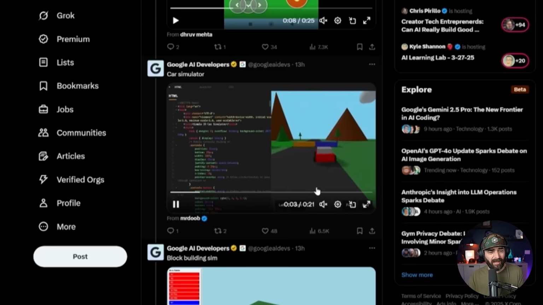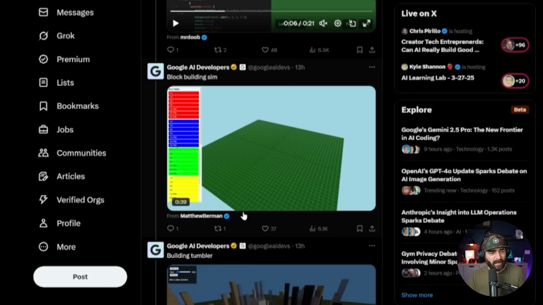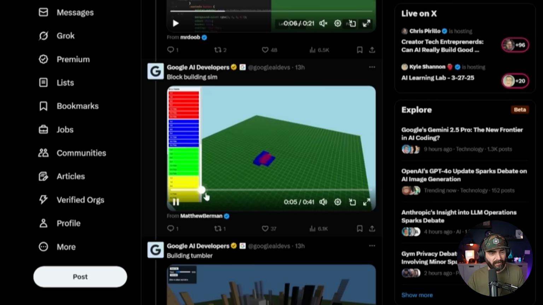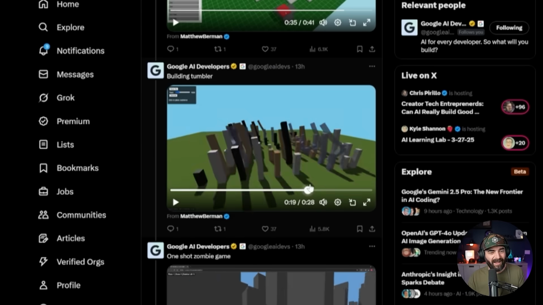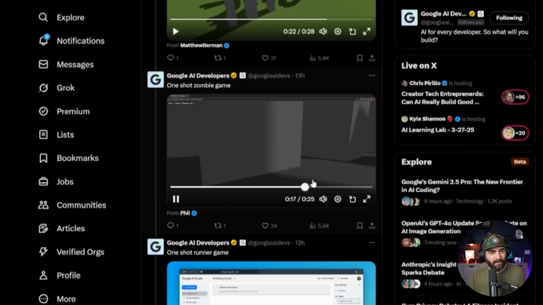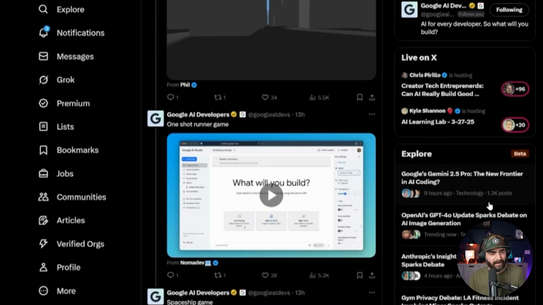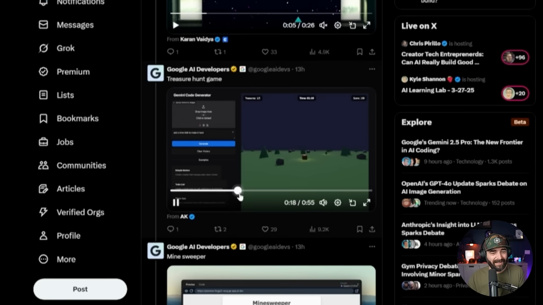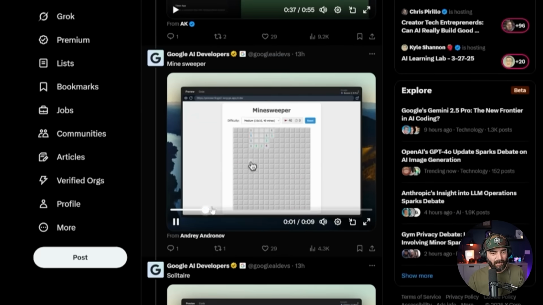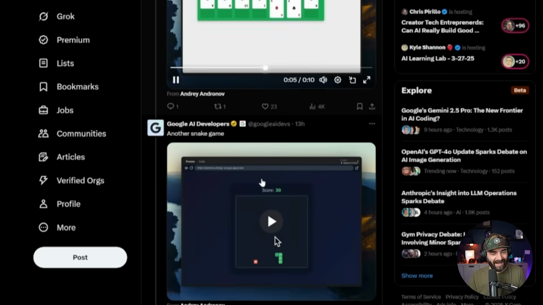We got car simulators in 3JS, a block building sim. I'm guessing this is sort of like a Minecraft style thing here. A building tumbler sim. Somebody one-shotted a zombie game. I'm not actually seeing the zombies, so I guess those are the zombies back there. A one-shot runner game, an asteroid game, a treasure hunt game in 3JS. Somebody remade Minesweeper. Somebody made Solitaire. And of course,